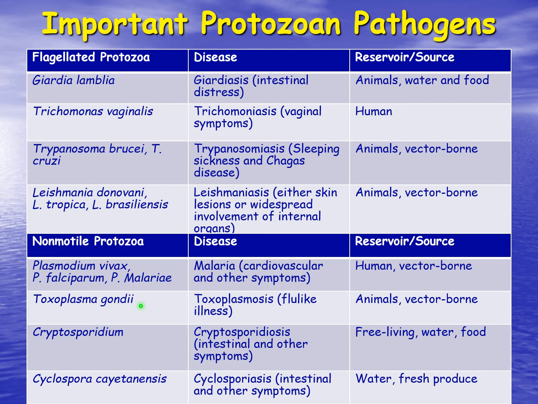Toxoplasma gondii. This particular protozoan parasite causing toxoplasmosis typically gives kind of a flu-like illness that most people then get rid of pretty quickly. The primary reservoir is animals for this, and primarily cats. It can be vector-borne by a few mites, but that's kind of unusual for Toxoplasma. Most people that are infected with Toxoplasma gondii either got it from an infected cat by handling the feces, or they can get it from cysts in muscle tissue, and so by eating undercooked meat.